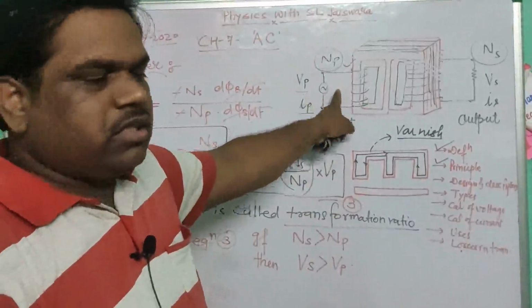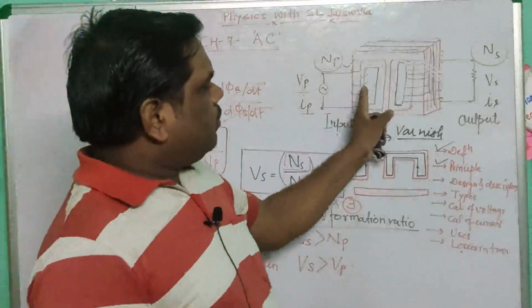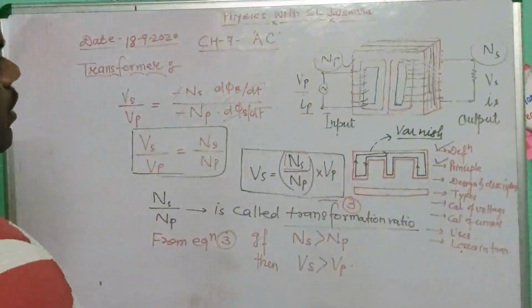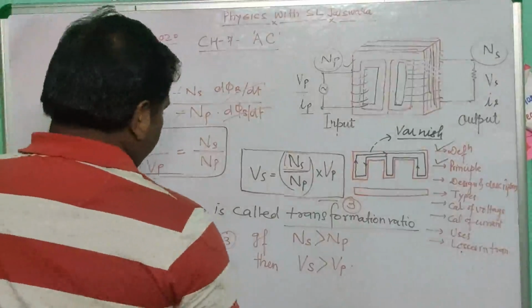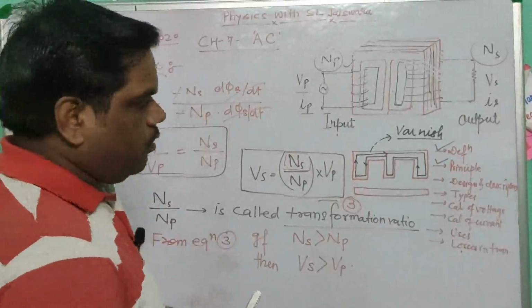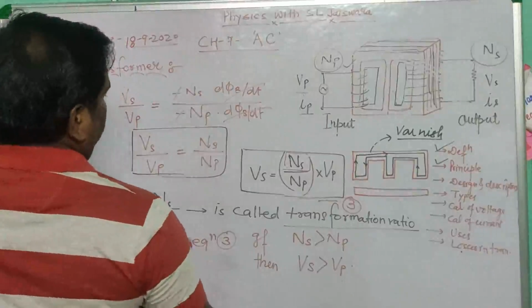Got my point? Very good. So on this basis, on the number of turns in the primary and secondary coil, we can tell about the types of transformer. So I hope up to here any problem? Very good. So let us see about